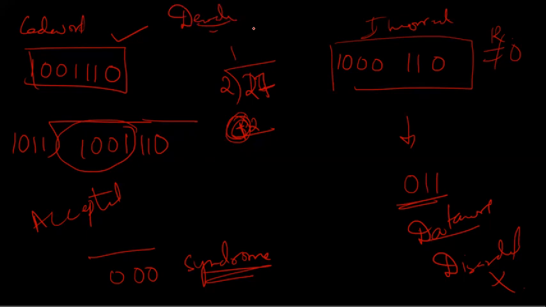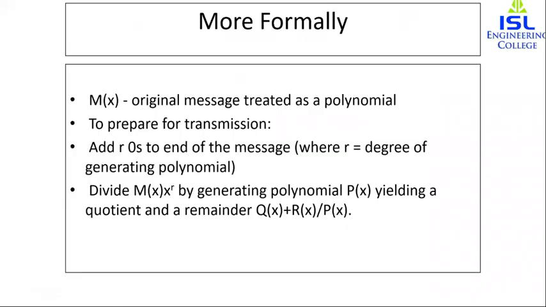Now, once we have done this, we will see the polynomial implementation. In the first slide of CRC, we have seen that we use polynomial implementation. So cyclic codes basically use polynomial implementation. So we will see that. A better way to understand cyclic codes and how they can be analyzed is to represent them as polynomials. Whenever we are talking about polynomials, a pattern of zeros and ones can be represented as a polynomial.